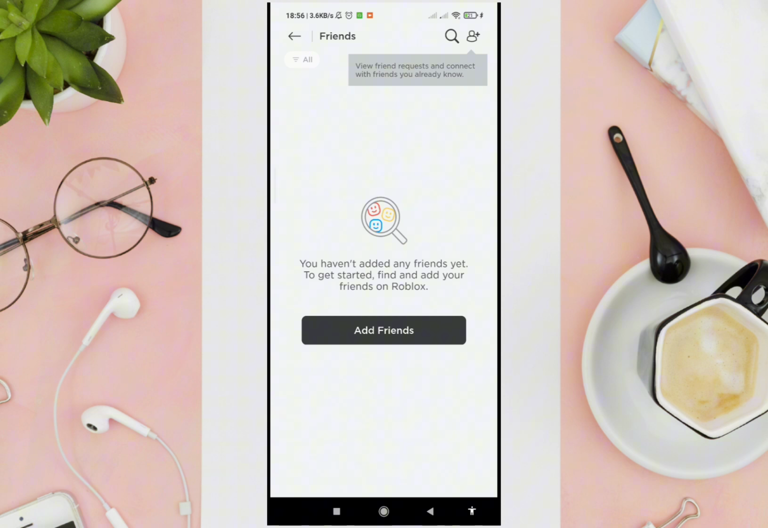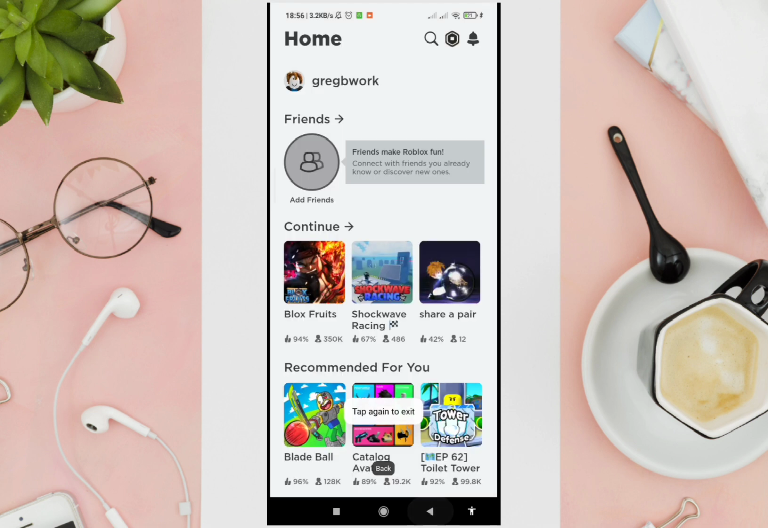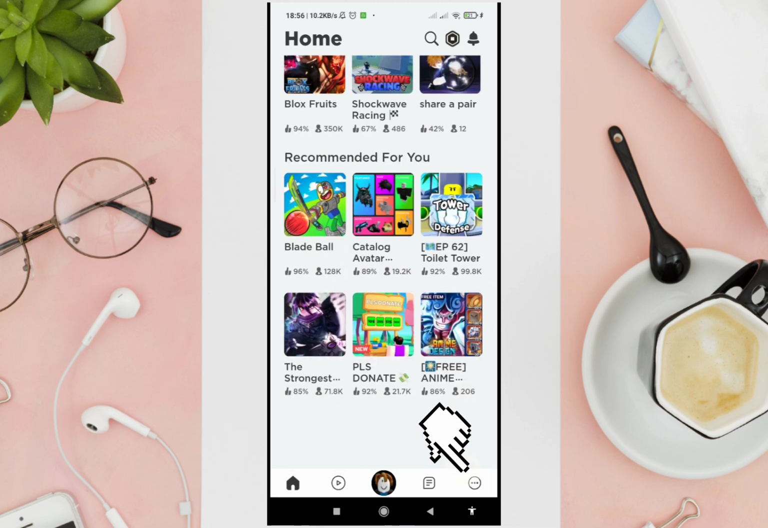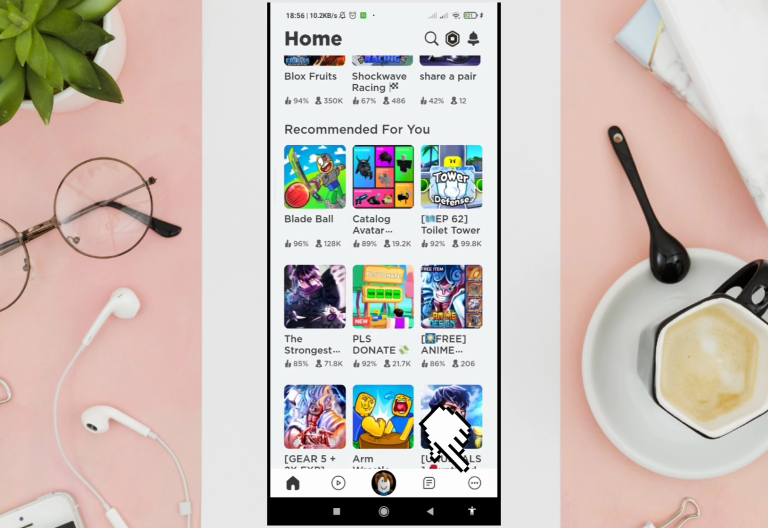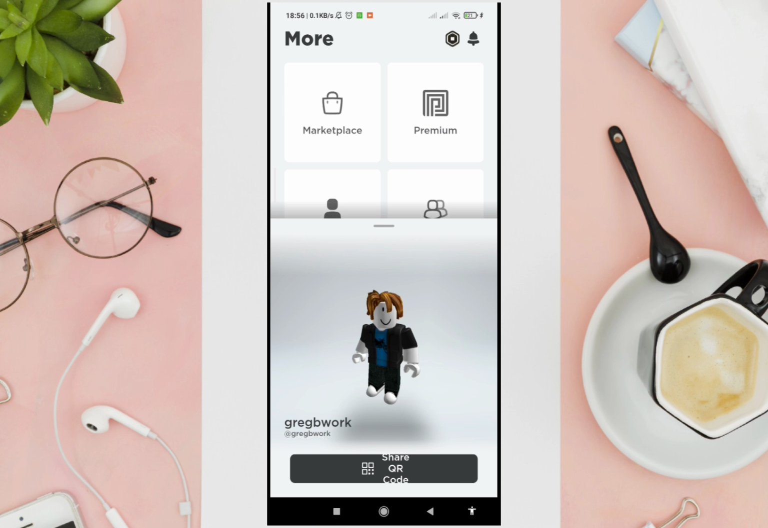Now another thing that you can check if someone viewed your profile is to go to your profile. So to do this, just click on the back option, and then you would be able to see the three dots at the bottom right corner of your screen. So just click on it. Okay, and then click on profile. That's right. And then you would be able to see here your QR code, the QR code of your profile